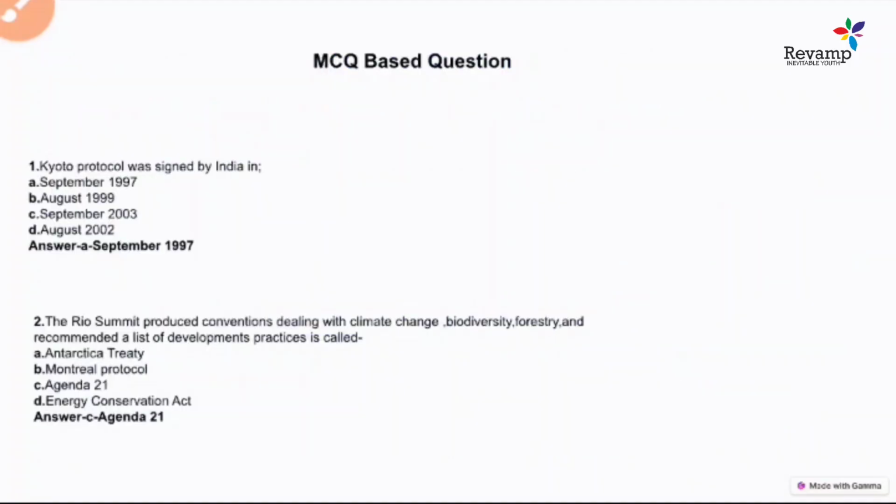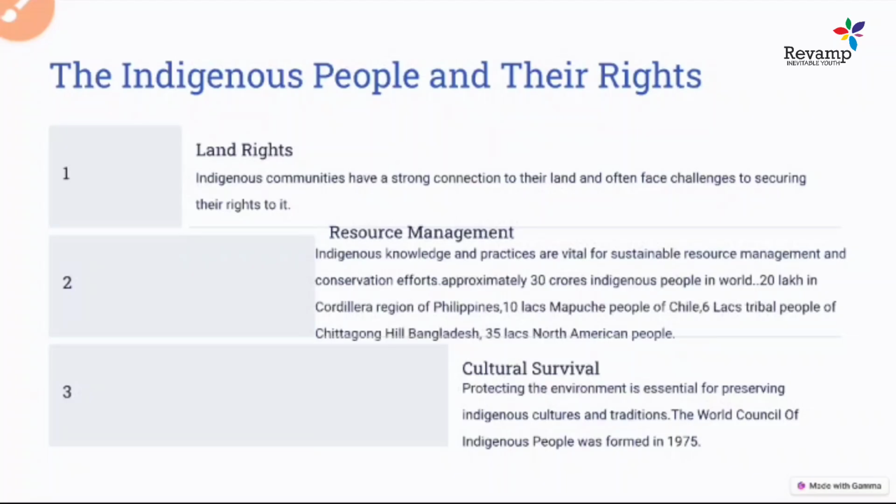So these indigenous people are called native to these places, and they mostly live in the forest area, like tribals, etc. They had a very strong connection with their land. So a lot of challenges started with the land rights issue, because with the development, a lot of new development